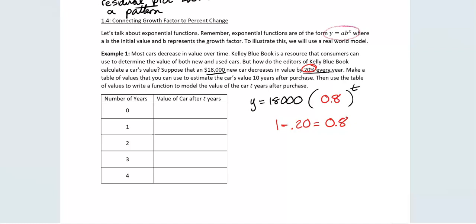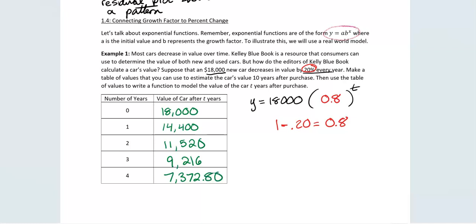Now I can use this equation to fill in the rest of my table for the various times. So I'm just going to tell you what those answers are to save a little bit of time so this video doesn't last forever. But here are the answers. And we get these just by plugging the respective t value in. So to get this answer, I'm plugging 2 in for t in that equation. Now I'll plug in 3 for t, so I get 9,216. When I plug in 4, I get